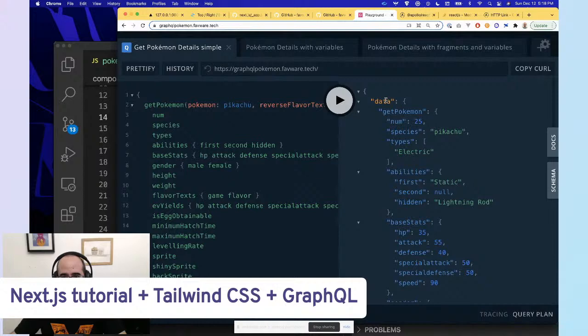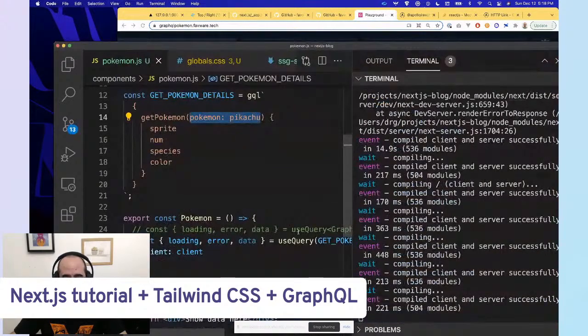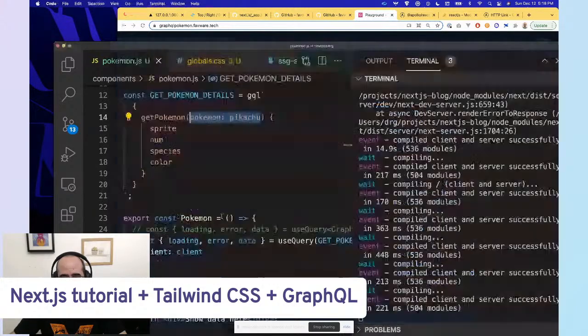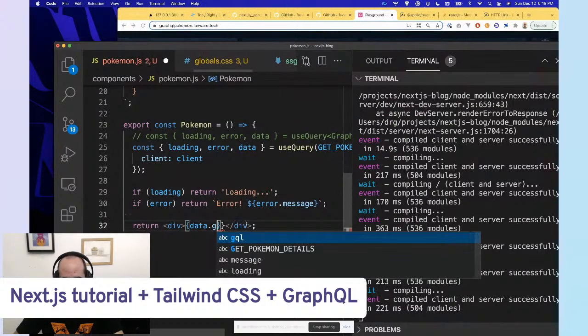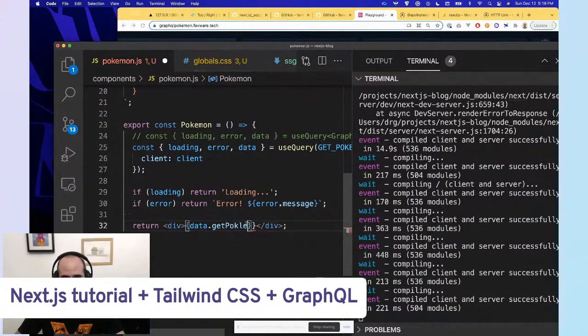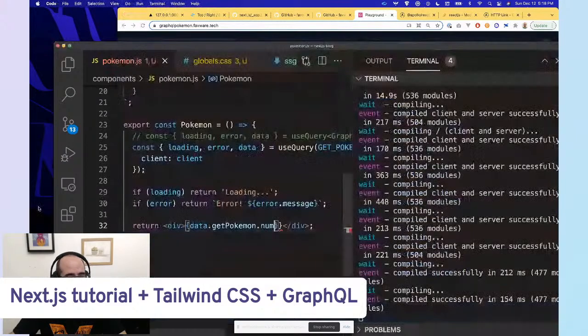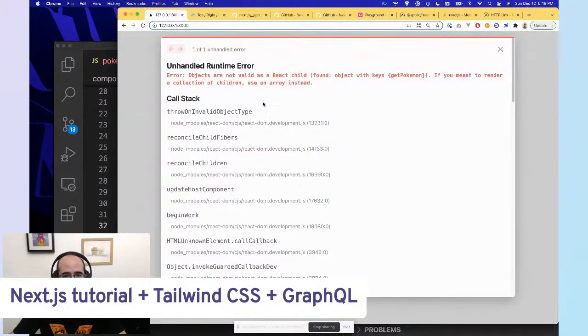Okay, so it is data dot get Pokemon dot num. So we're going to try that. Data dot get Pokemon dot num, right? That should work. So now if we go back here,